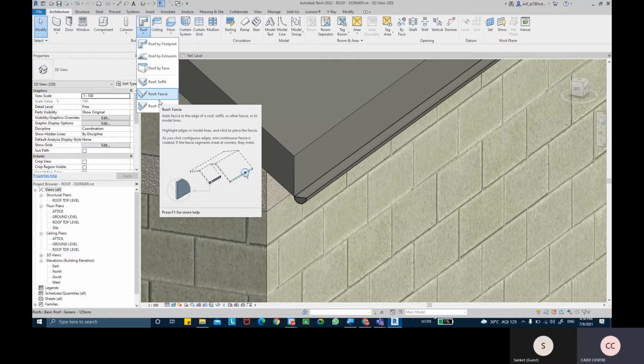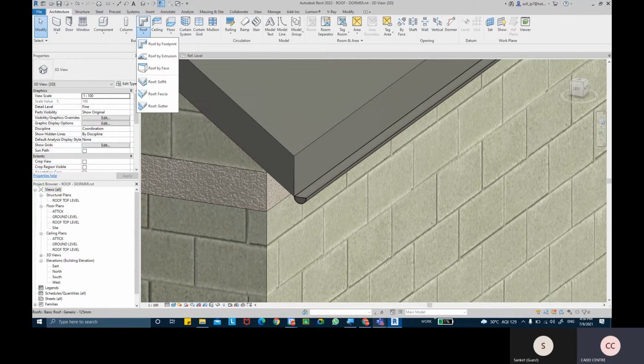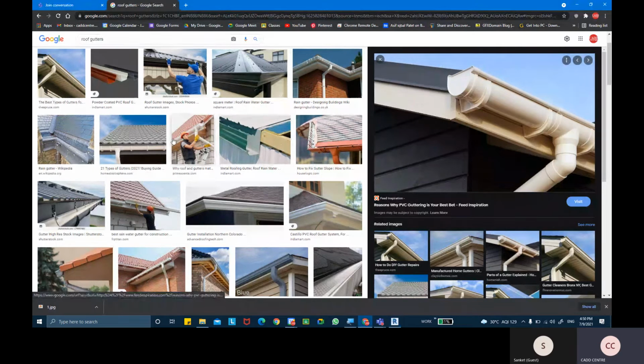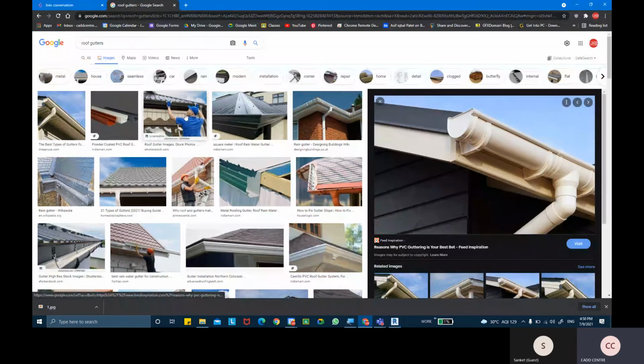Roof fascia is nothing but the face of the roof actually, like many cases you'll find it. Yeah, that's roof fascia. Okay, that actually helps to protect or cover the roof or the walls to get it deflected from the sun or the water droplets from the rain.